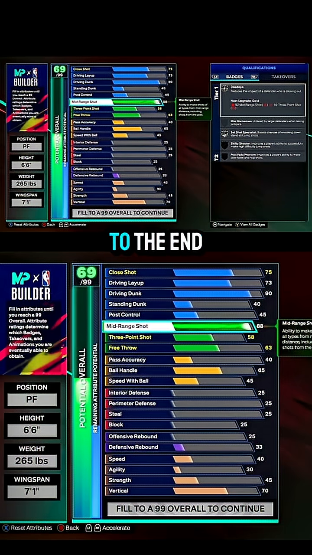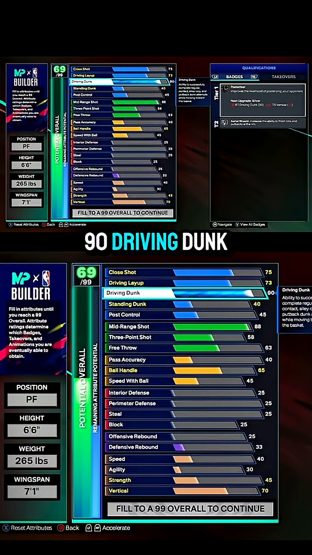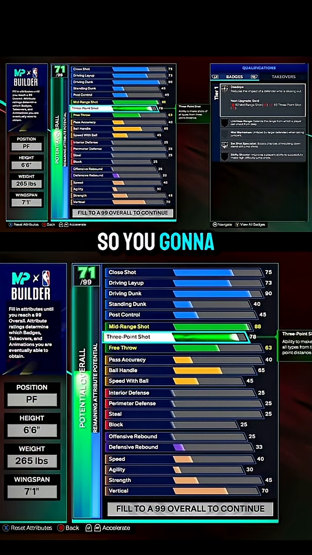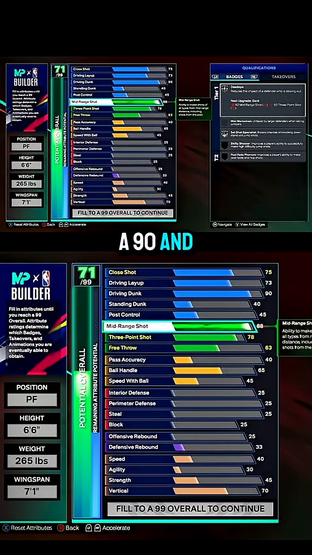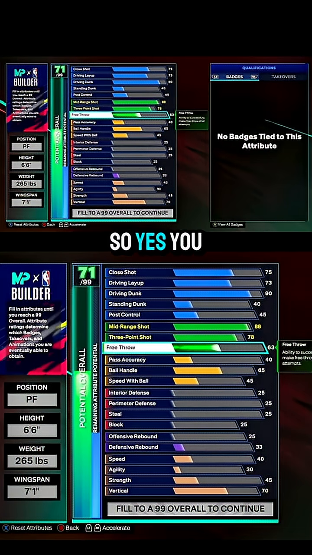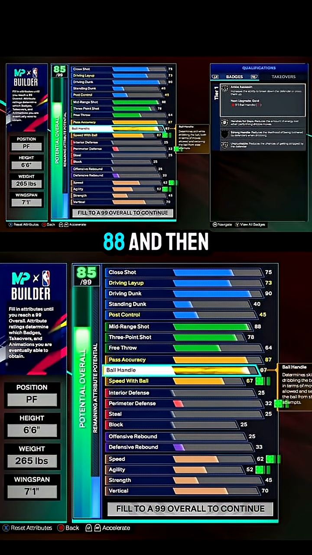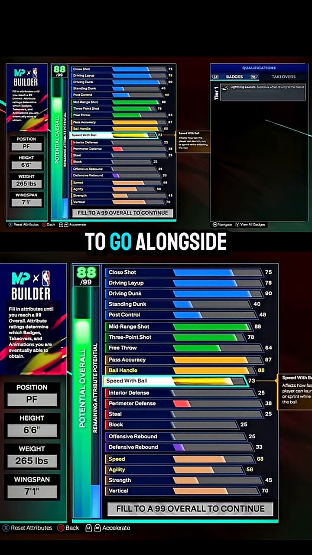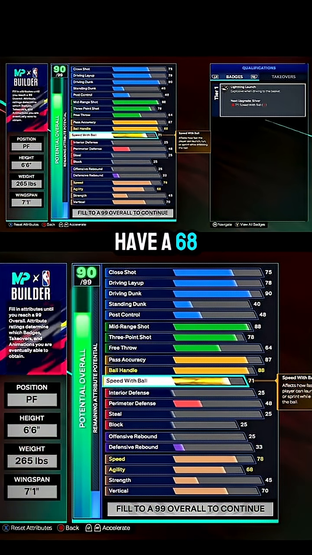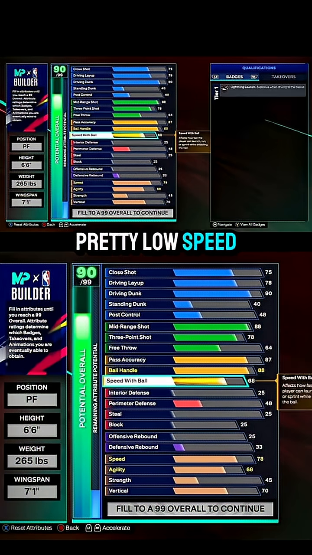So if you don't want to wait to the end, I'll tell you right now, what you gotta do is raise 90 driving dunk to a 93. So you're gonna have an 83, a 90, and a 93. Simple as that. Now, to go alongside all that, so yes, you do have to have 10 cap breakers. 87, 88, and then to go alongside that, we're gonna actually have a 68 speed with ball. Now, to go alongside all this, you're gonna have pretty low speed with ball, but if you think about it,